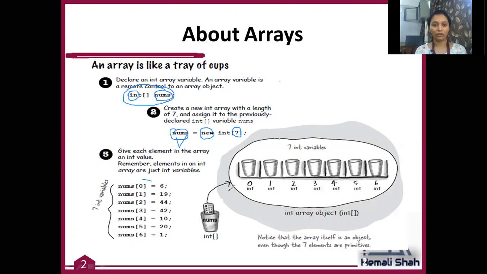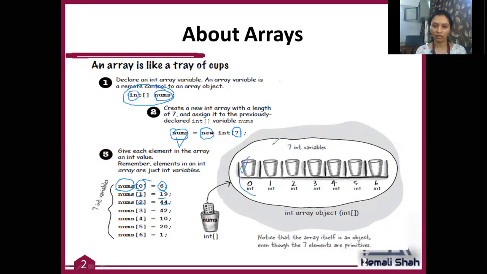And if you want to refer to the value of the first glass, you can refer to it by using the array variable with this index, and this first glass has 6 milliliters of milk inside it. This indicates the milk available in the second glass, and in the third glass 44 milliliters of milk is available.